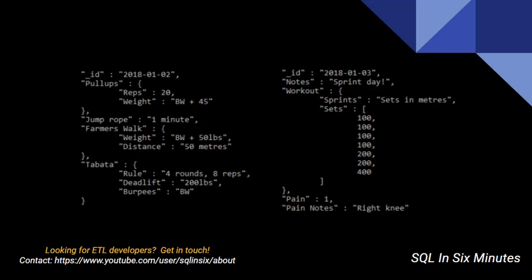Because if order matters, I'm going to need some type of order table to know that the pull-ups occurred before the jump roping. And maybe it does and maybe it doesn't, right? And then we get into the farmer's walk, et cetera, et cetera. You can see the complexity: if workouts can be very dynamic, and they can,